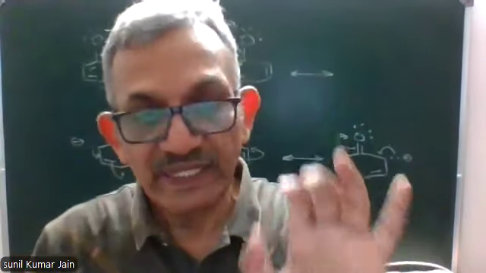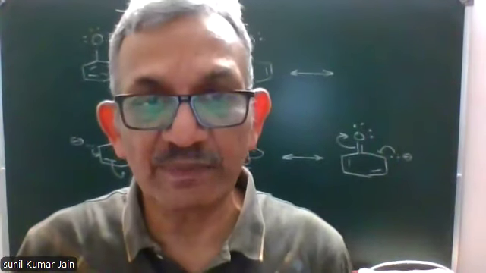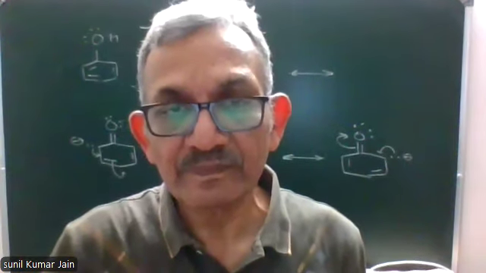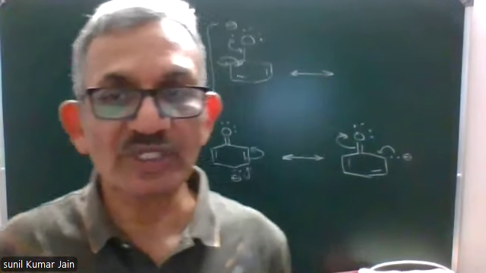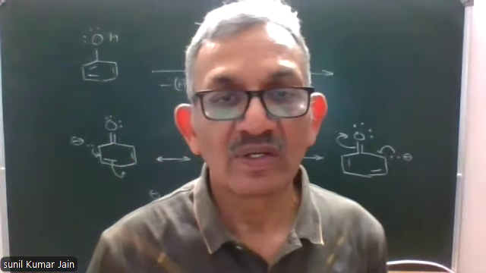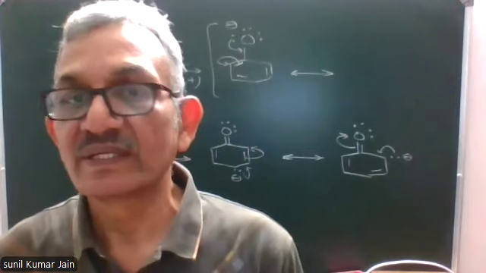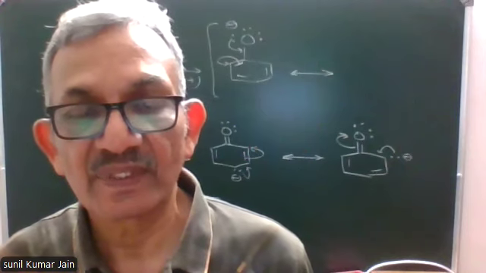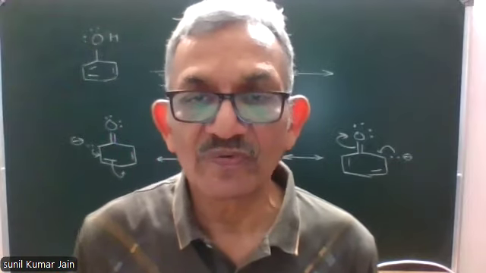Write down, in the next paragraph: in phenols, EWGs, electron withdrawing groups, present at ortho and para positions increase, while releasing groups decrease, the acidic strength of phenol. For example,